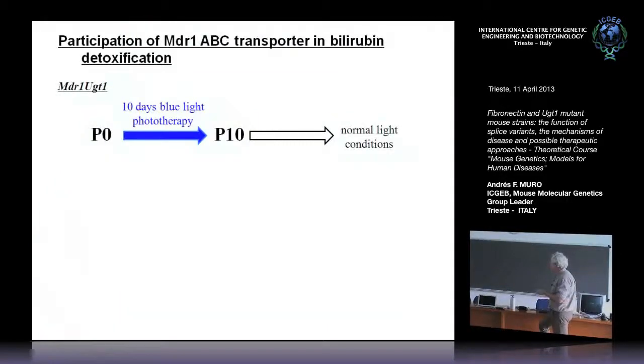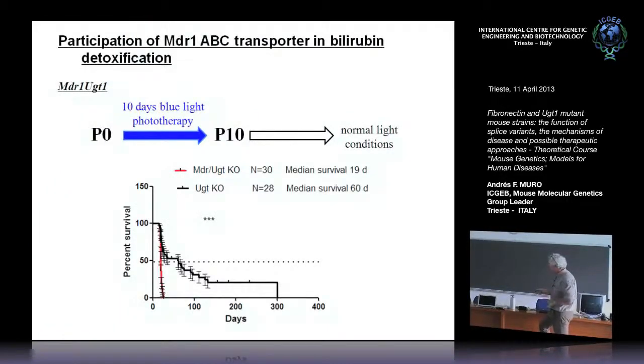We did the experiment in this condition, and these are the single UGT knockout animals, which survive, let's say, about 50–60% at the beginning, as we saw in the previous graph, and then if we analyze for longer, some of them still die. But when the MDR gene is not present, all animals die before day 25, more or less. So this clearly indicates that MDR is playing an important role in the detoxification of bilirubin from the